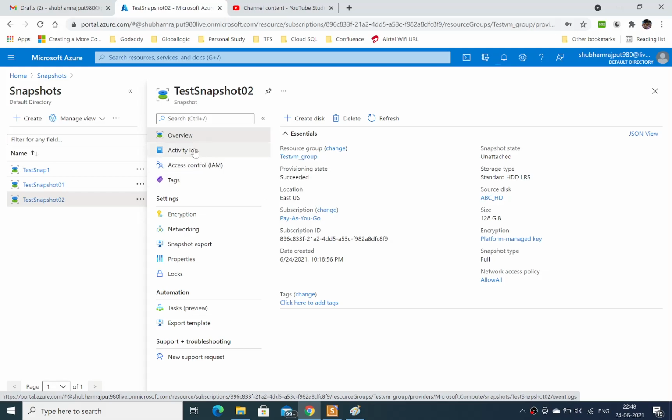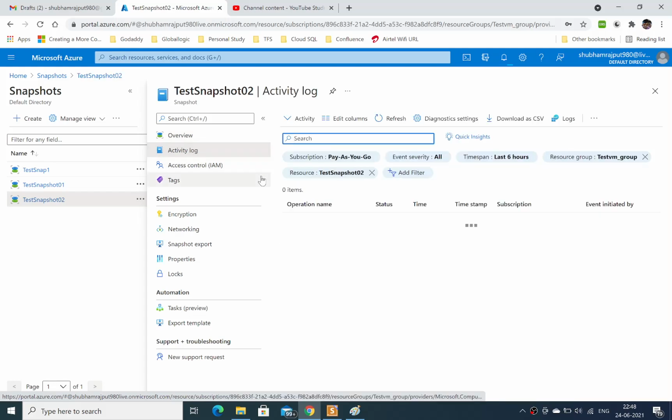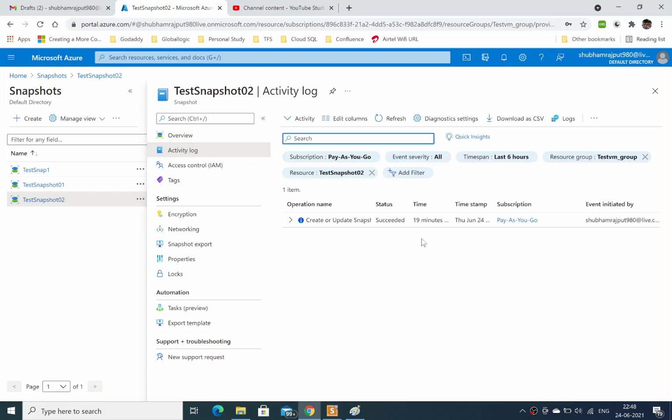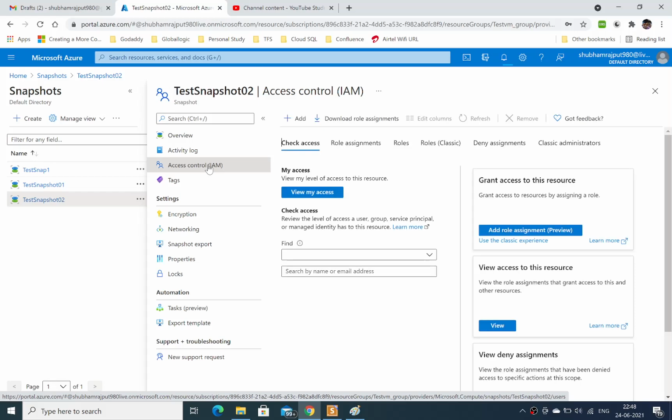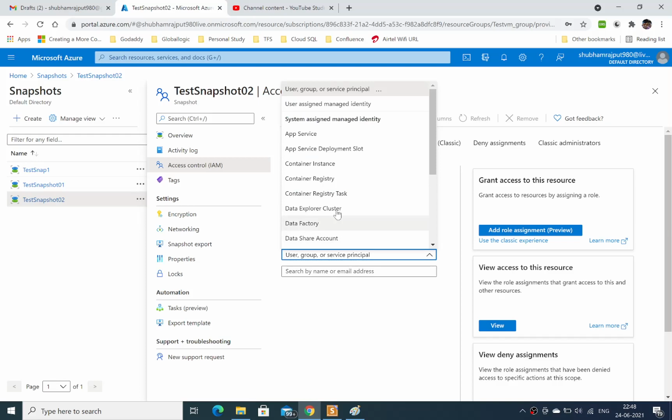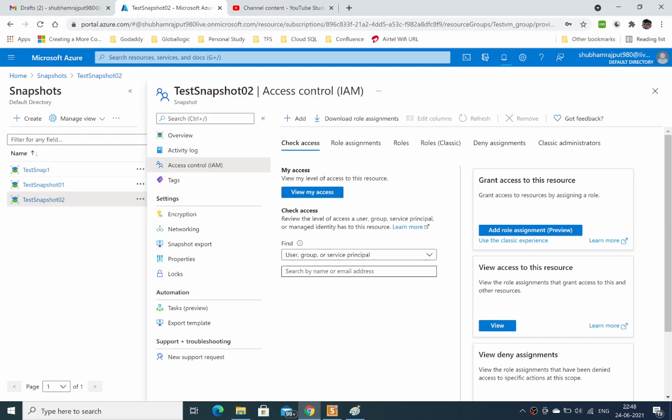Activity log shows the event logs. IAM provides access to this particular snapshot; you can pass access directly to a user or a group, and that particular user only will have access.